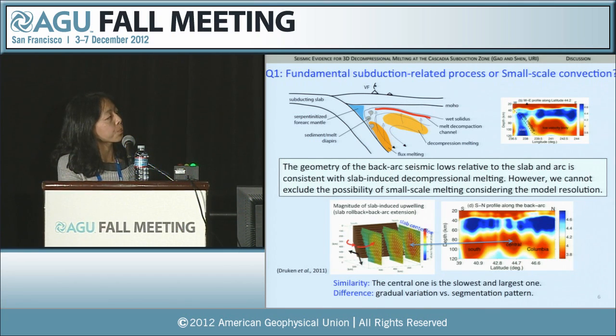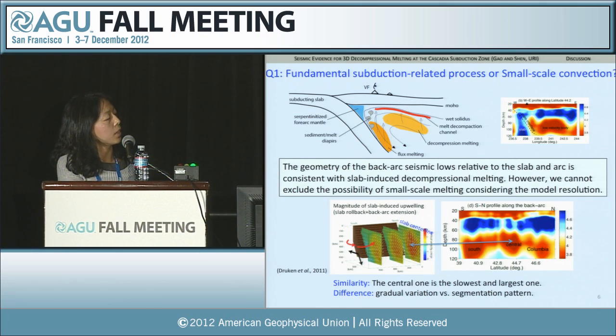decompressional melting. However, because of the model resolution for small-scale structure, we cannot exclude the existence of small-scale dike pairs caused by the melting of the subducted sediments. Another piece of evidence to support our explanation is the lab experiment, which considered the slab rollback at a small